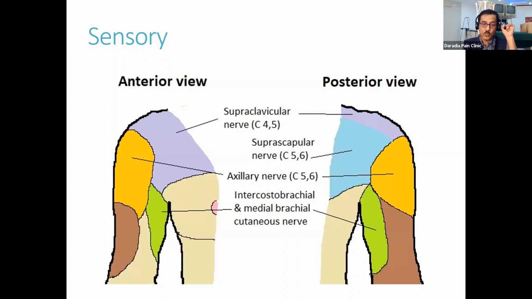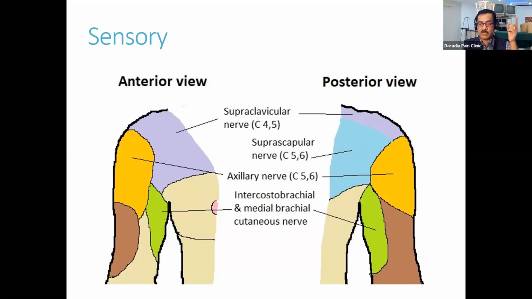It can be done both by ultrasonography guidance or by C-arm guidance. Both can be done, and that is one of the very important ways to do the suprascapular nerve block. But remember, the suprascapular nerve is one of the three important nociceptive nerves for the glenohumeral joint. What are the other two nerves? The second one is your axillary nerve, the articular branches of the axillary nerve.